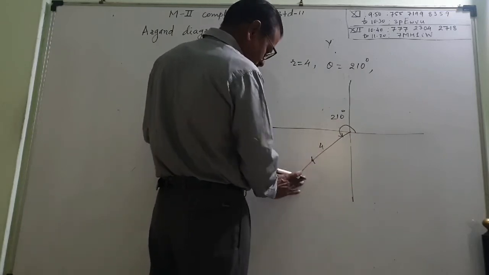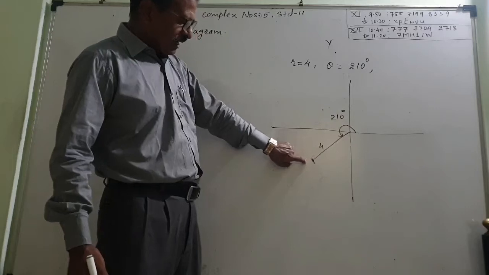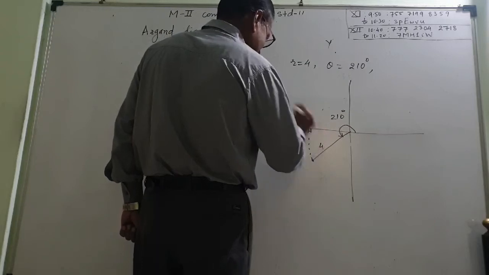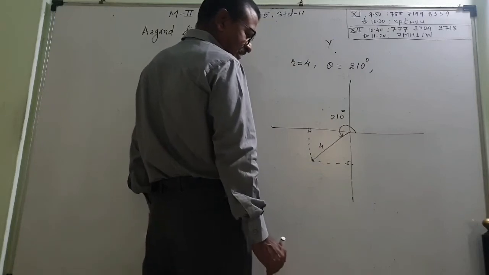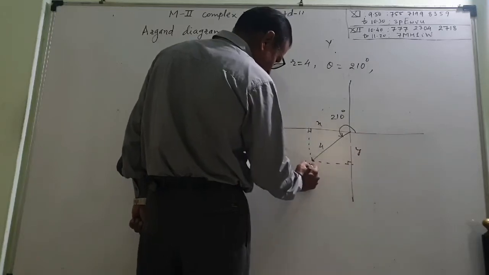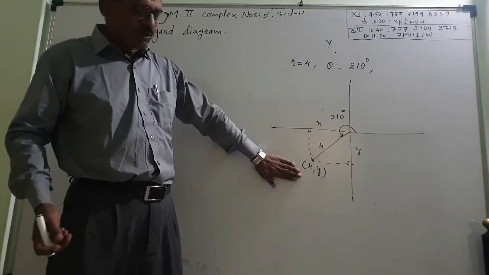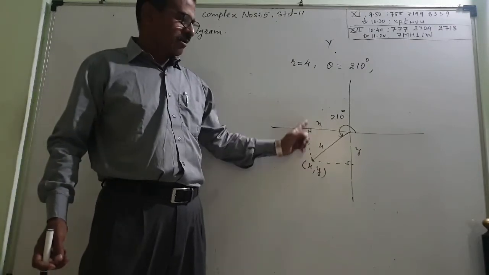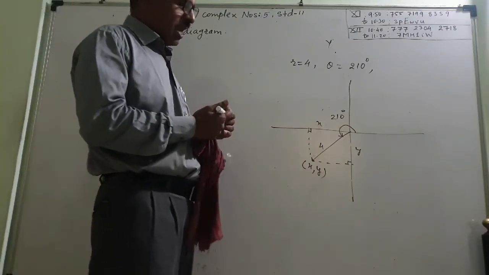So this is your Argand diagram. From this, can you find the x and y coordinate? Yes. If I draw a perpendicular on the x-axis like this and a perpendicular on the y-axis, then this length is x, this length is y, and the point is x comma y. I can find it out. So from the Argand diagram also, you can find the x and y coordinate by plotting. Okay, so hope that you have understood this well.